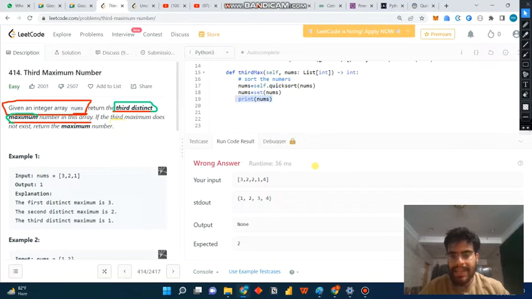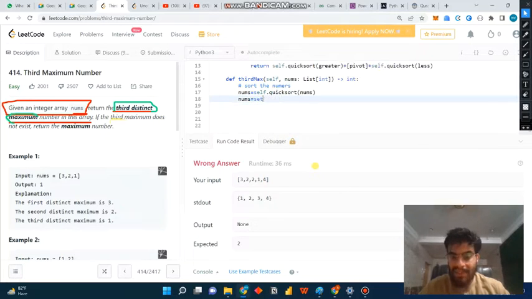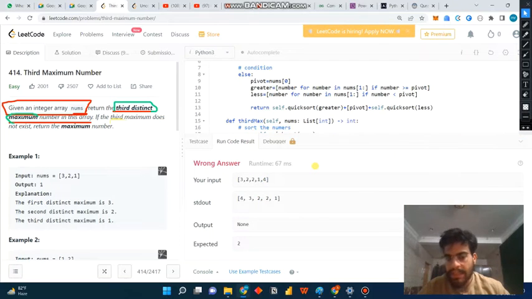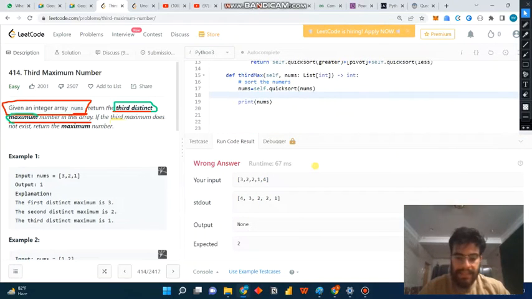Oh, so that set doesn't make sense because sets contain unique elements, but it changed the order. So for that, what I can do is make a new list and insert the unique elements inside it. So I will call it new list,